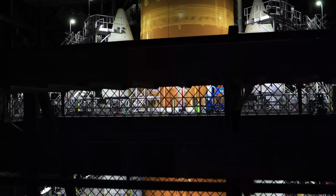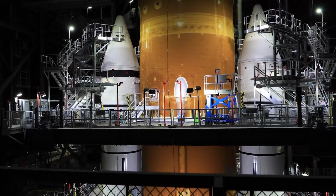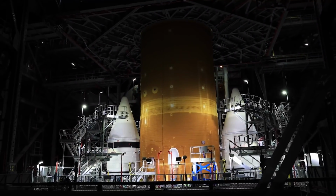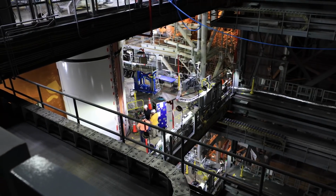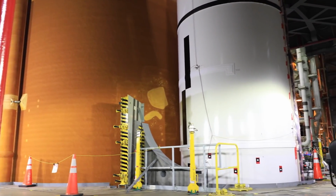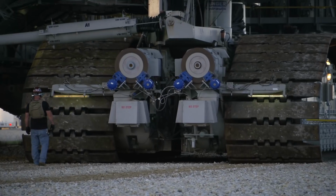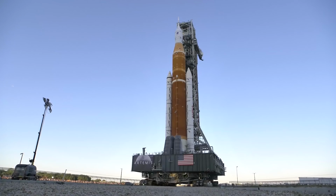One element that will significantly impact the Artemis 1 launch schedule is the rocket's flight termination system. This flight safety system is certified for about 20 days once it's fully tested and approved. And this test has to take place inside the vehicle assembly building because it's the only place where workers can access the system. Now, once the 20-day clock starts, it will take about 14 days to get SLS ready for an initial launch attempt. This means Artemis 1 only has about 7 days of launch opportunities based on its flight